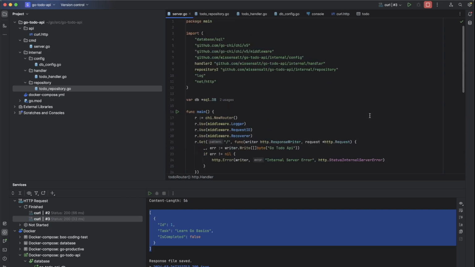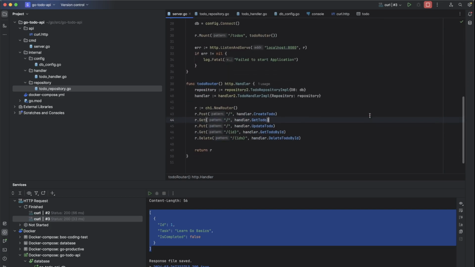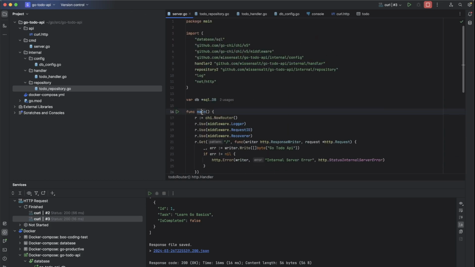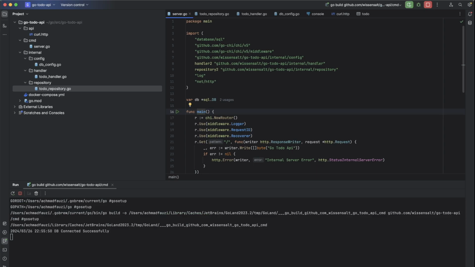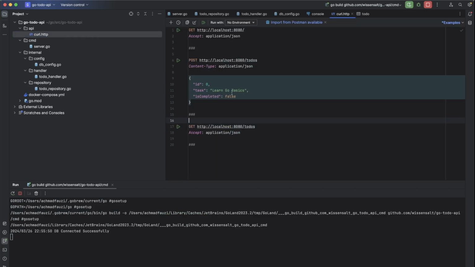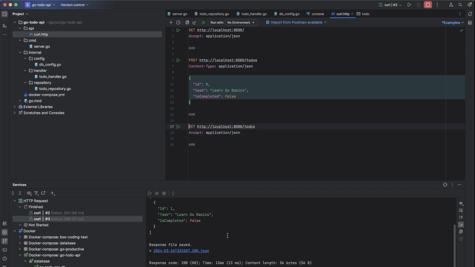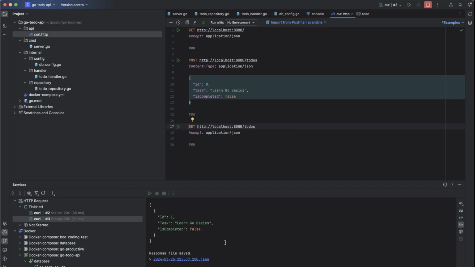Okay, let's start again. Providing the curl. Let's see what we have in our DB. We are now having only one. Let's try to update it first.